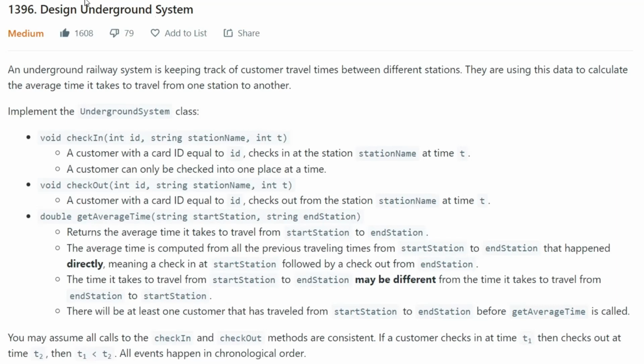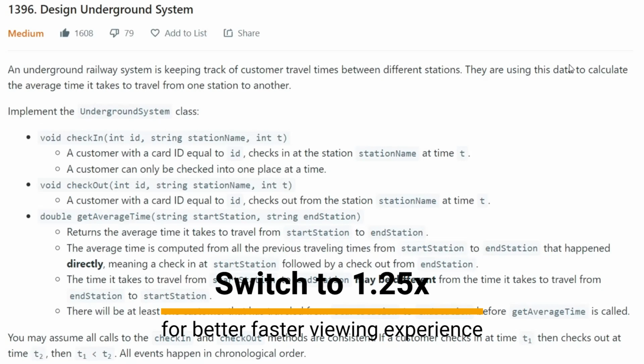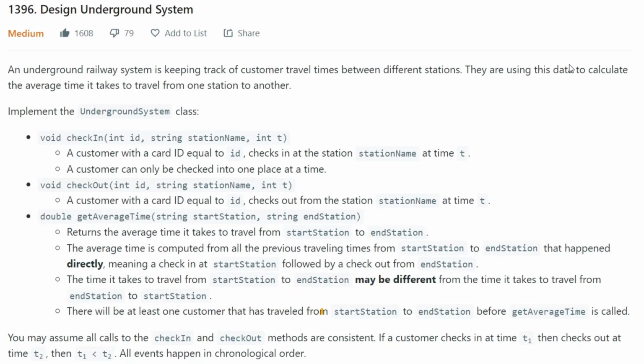Hello everyone. Today we are going to solve the design underground system problem. In this problem, there is an underground railway system which keeps track of customer travel time between different stations. They are using this data to calculate the average time between one station to another station. So what we have to do is implement an underground system class in which we have to